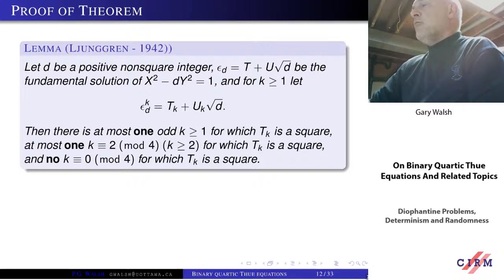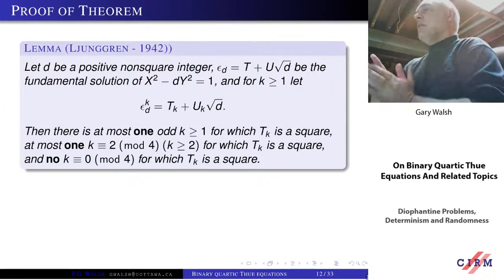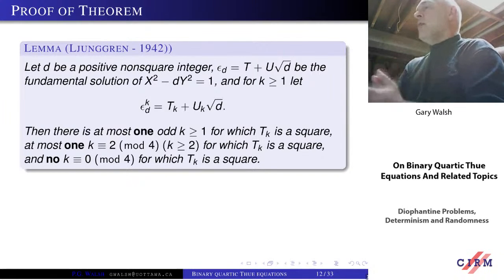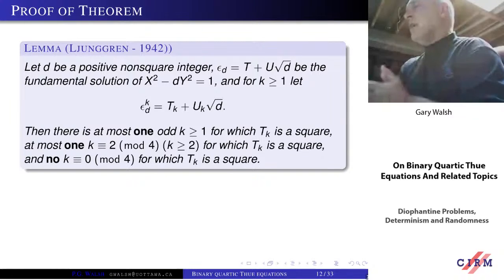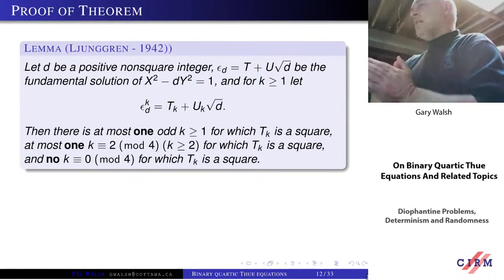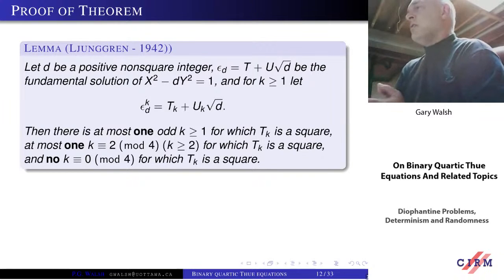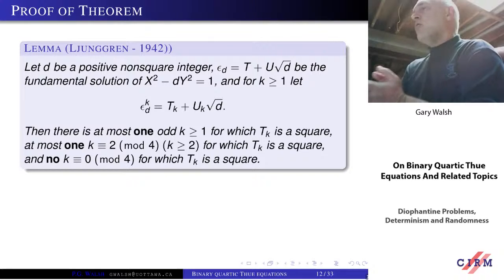That's actually how the proof works, what it gives, and it's surprising to me how much work went into this. The proof is very complicated, very long, very sophisticated. It used Skolem's method. It's hard to follow this work unless you really get your hands dirty. And the natural question that comes up when one reads this theorem is, okay, which value of k? So if there's only one odd value of k, then which value of k is it?